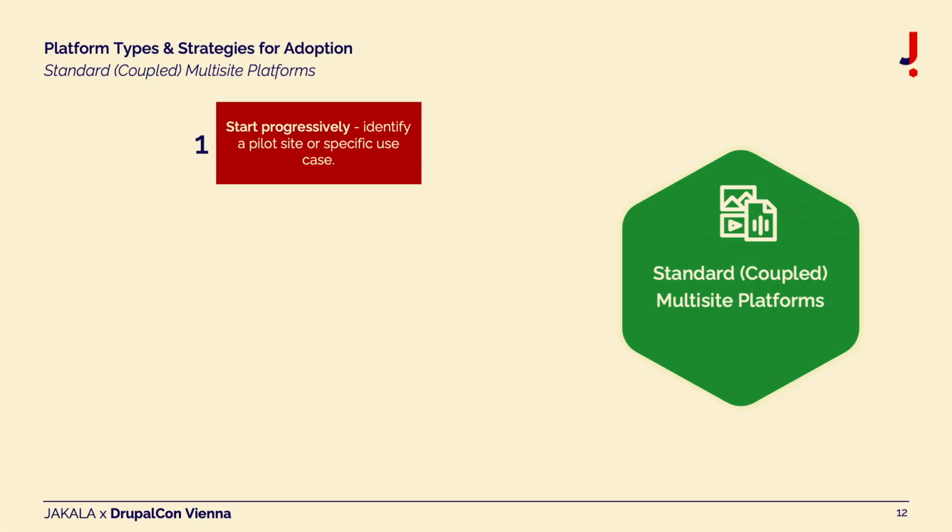Once again, start progressively. In the ideal scenario, please identify a pilot site, or a use case. For example, I have been in a discussion with a customer and they have been thinking, okay, I want to be able to build campaign pages and I want to have more freedom about how these pages are built, because the current component set is not flexible enough. Or I have a customer asking, okay,